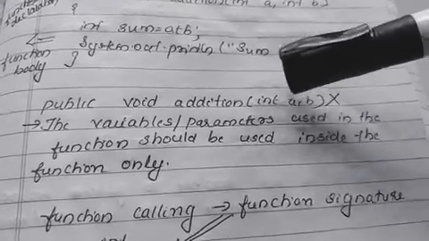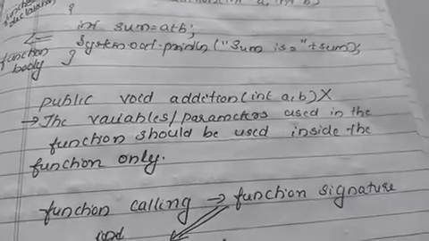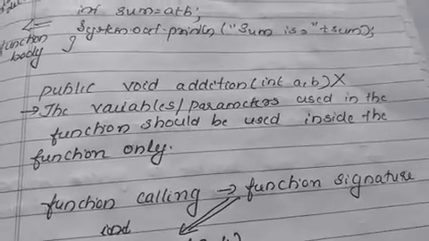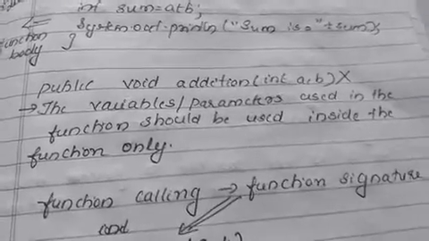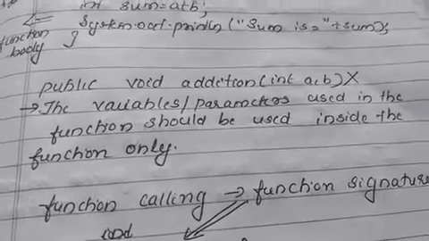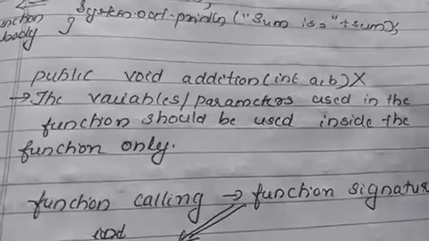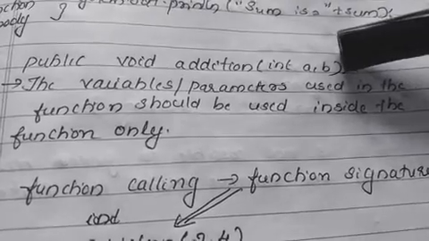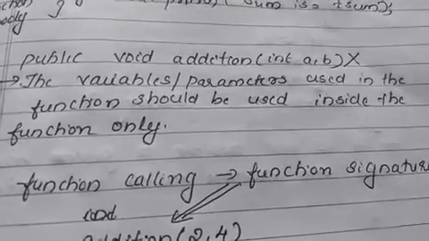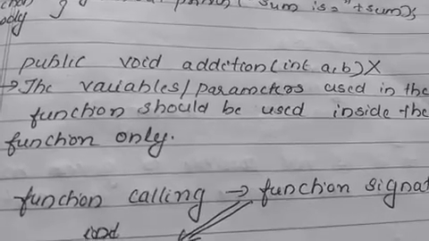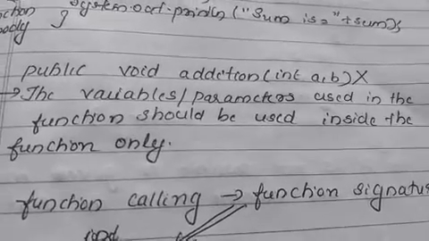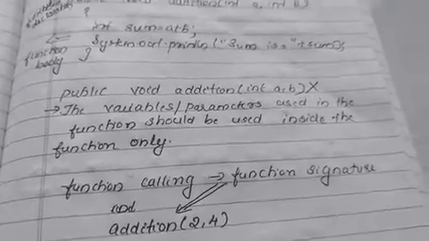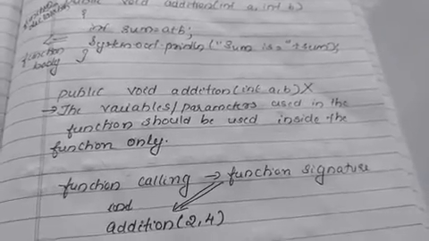For variable b, if we are not declaring the data type, it is wrong, because whatever arguments come to our function, the function doesn't know the type. If you are not declaring the data type, the function doesn't know what type that particular variable is. So when you are passing an argument to a function, you should declare the data type separately. Even if the data types of both variables are integer, don't write int a, b. Similar to variable declaration, you should declare the data type separately. So this is wrong; instead you should declare public void addition(int a, int b).